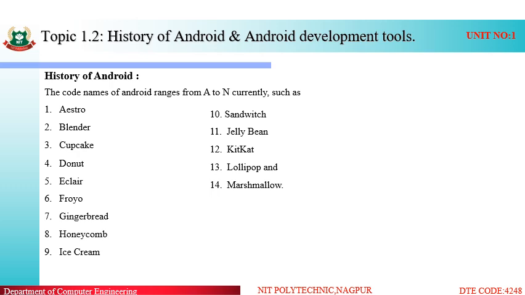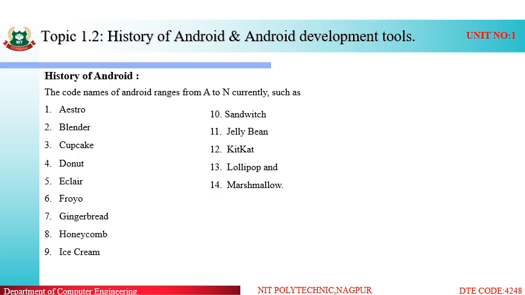So what is a version? Version means a development stage. The first development stage was Astro. We updated some new features in Astro, so we developed a new version, that is Blender. In Blender, after a few weeks or months, or a quarter of months, we included new features, so a new version evolved, that was Cupcake.